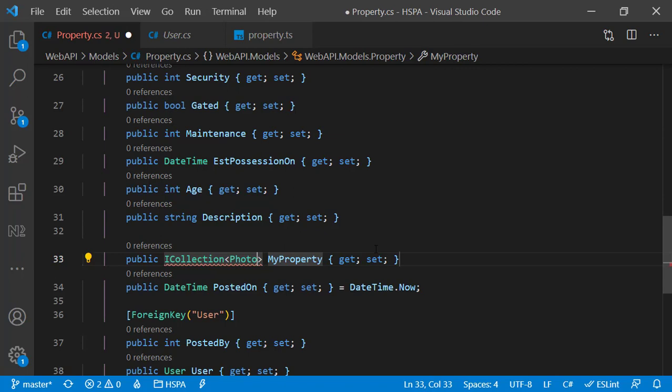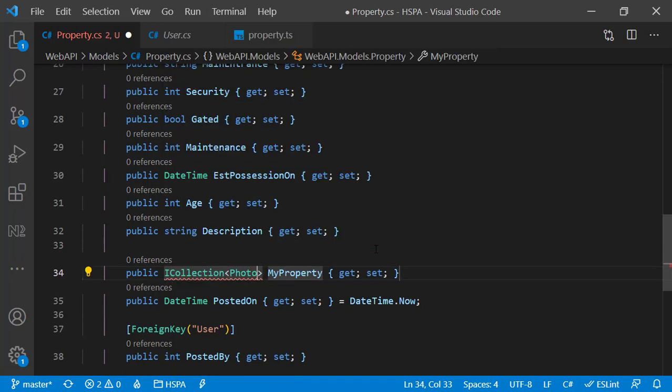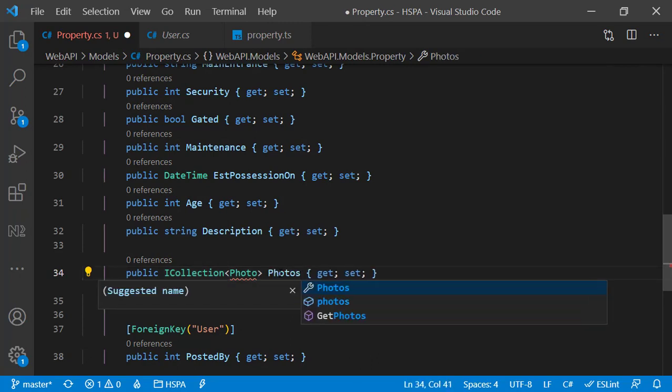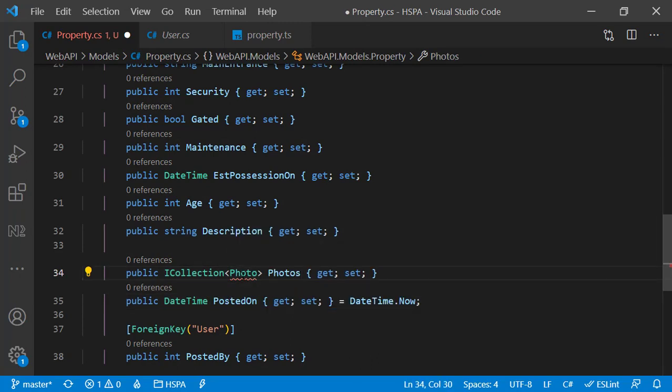We will add it shortly. It is still showing a red line under this. Oh, sorry. We need to import system.collection.generic to get the generic version of iCollection. Let's name it photos, as it is a collection of multiple photos, not a single photo.